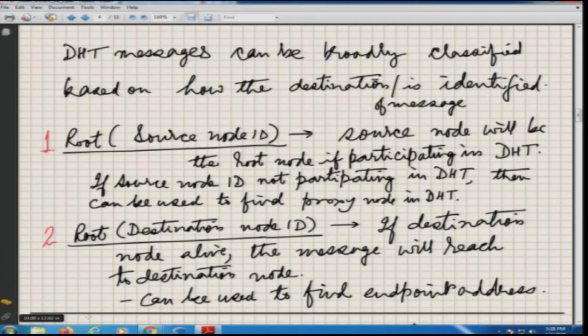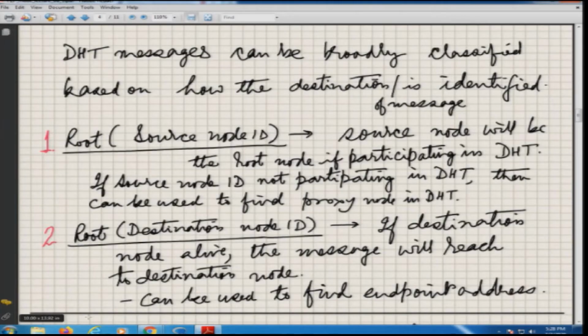So, if you are not in the DHT, somebody in the DHT network can receive messages on your behalf, acting as your proxy. To identify that, this kind of destination address can be used. We will look at examples of each of these scenarios.